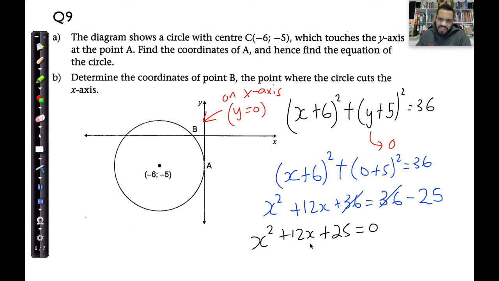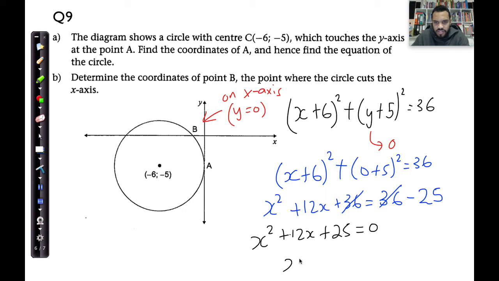And what does that give me? Well, factors of 25 that add to give me 12. Do I get that? Probably not, because the only factors I know of 25 that I add are 5 and 5, so basically those are the factors of 5 that I've got. So I'm going to need to solve this using the formula. Okay, so you'll see if I use the quadratic formula to actually solve this, because I cannot factorize,